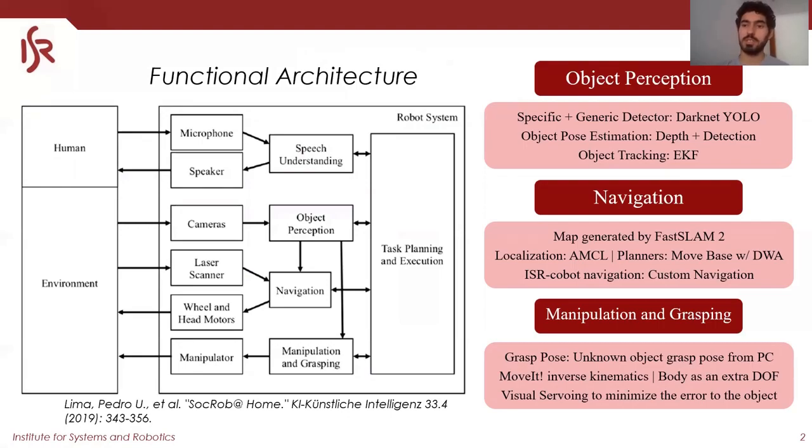Our object perception is based on DarkNet YOLO. We have two detectors working. We have a generic detector that detects more generic objects we usually see in our environment, like people, chairs, or tables. The specific detector is used depending on the competition. Every competition has a specific data set of objects we need to recognize, and so we train this specific detector